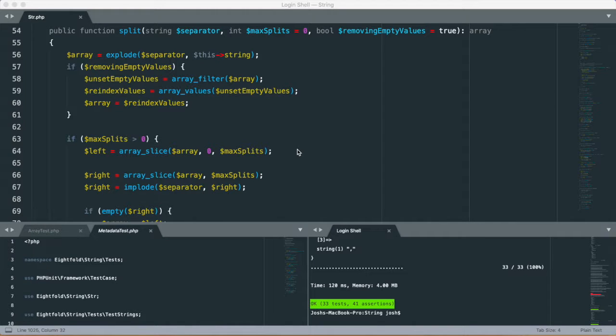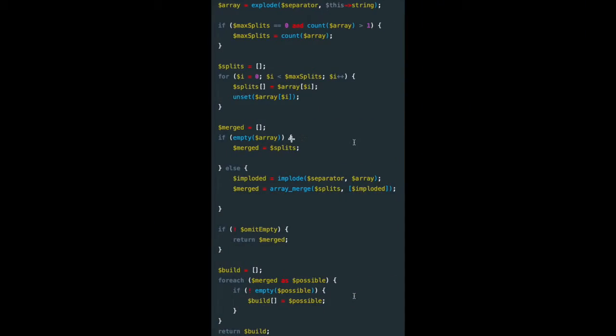All right, hey everybody. So this is Josh Bruce, and we're going to be continuing to refactor the string class, specifically still looking at the split method. Now, if you remember from the last video, we had our original solution, which was this here, which is what I would call